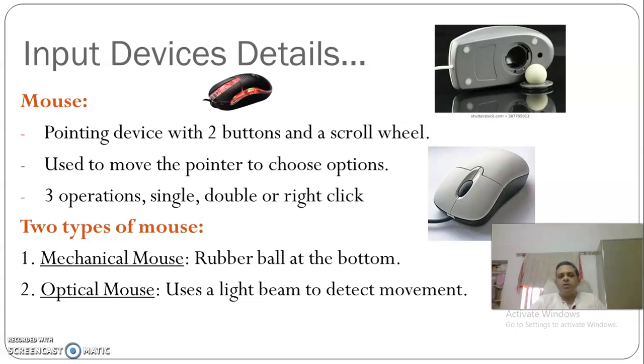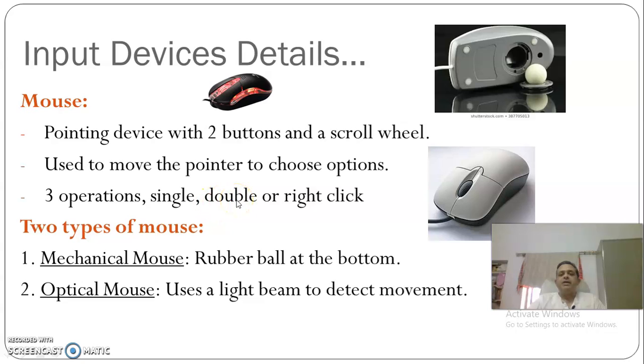Okay, so when you are working on a window, when you have to open a menu, a drop down menu, or you have to click somewhere, you use the mouse. A mouse gives you three operations: single click. Now what happens in a single click? This is the left mouse button. When you click it only once, that is called a single click. And the appropriate action happens when you click it. It depends on which area of the screen or the window you are clicking on.